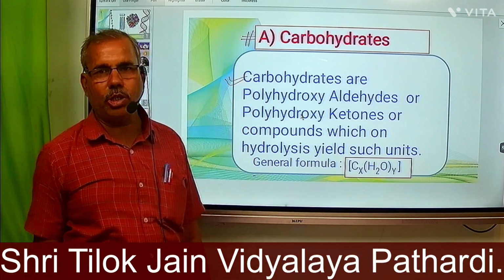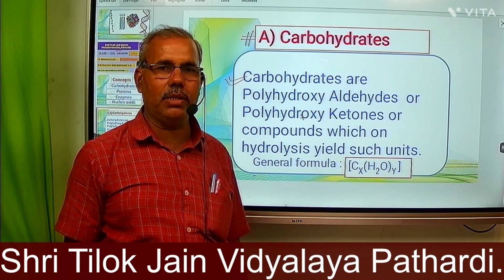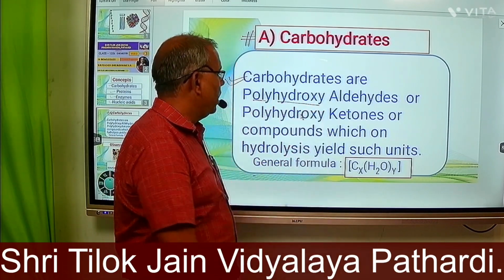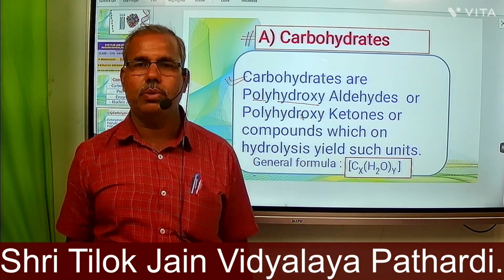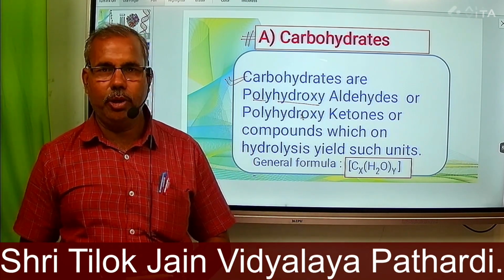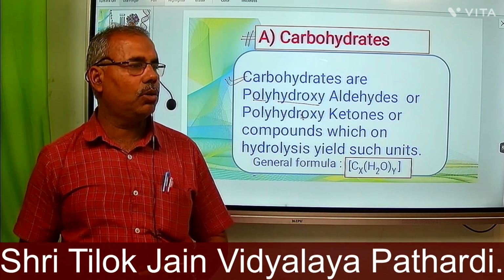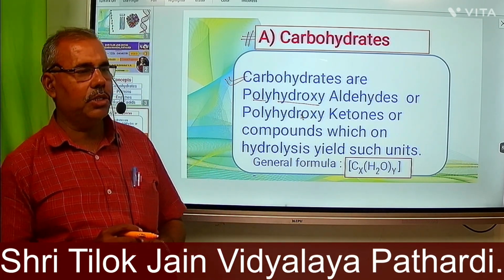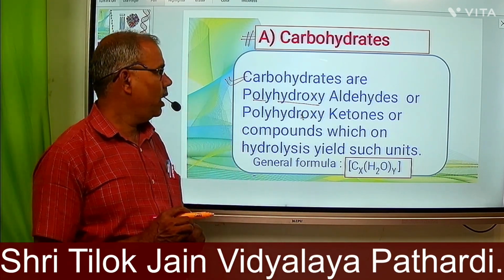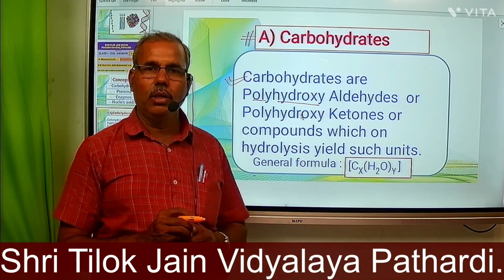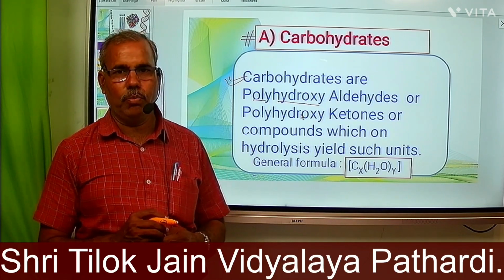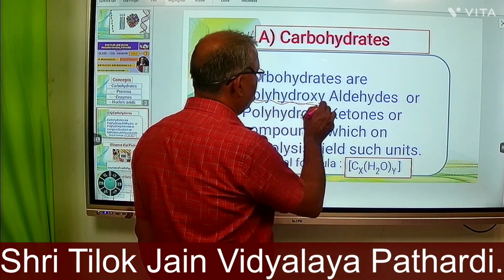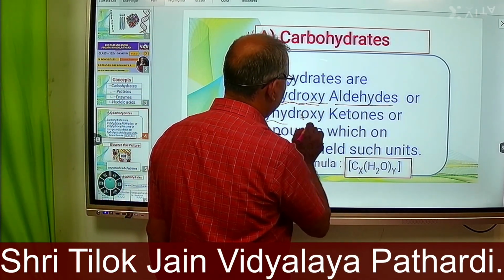From the view of chemistry, if you see the structures of carbohydrates, we come to know that carbohydrates are polyhydroxyaldehydes or polyhydroxyketones. Poly means many, more than one. Hydroxy means hydroxyl group, OH group. Aldehyde, you know, is a compound containing the CHO formyl group as a functional group, and ketones are compounds containing the keto group, that is the C double bond O group, also known as the oxo group. So carbohydrates are polyhydroxy aldehydes or polyhydroxy ketones.